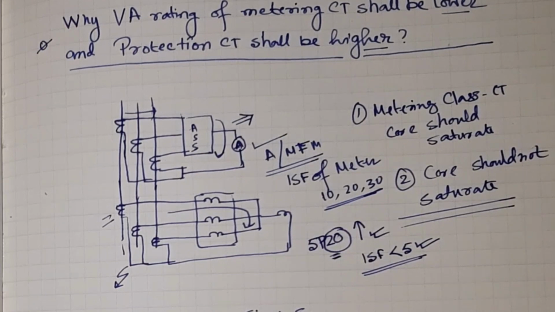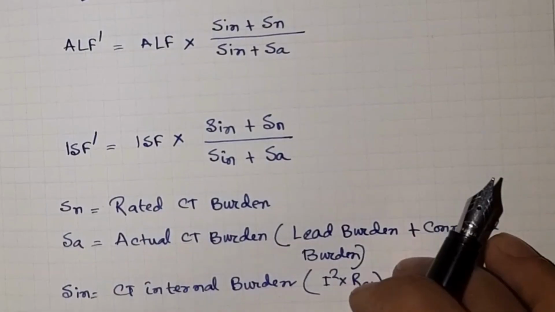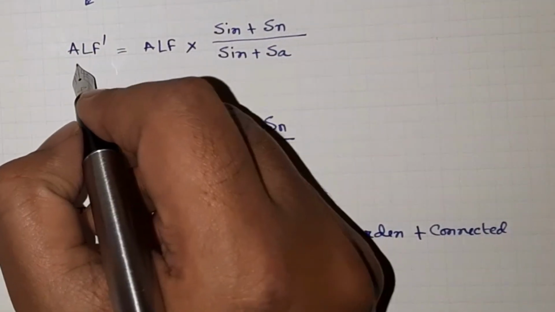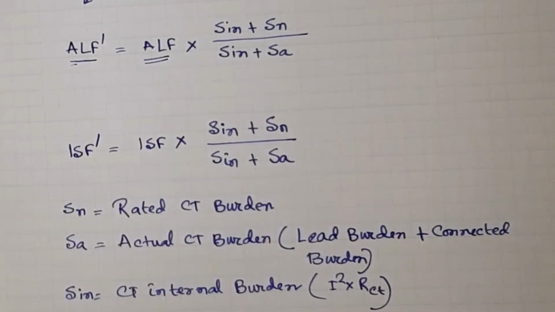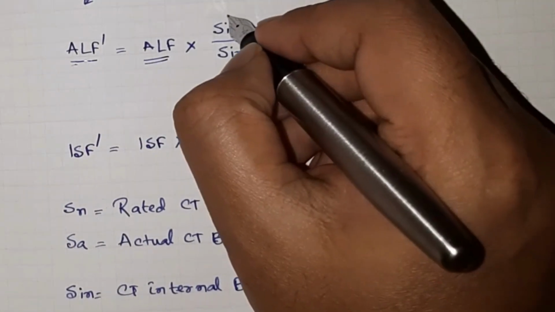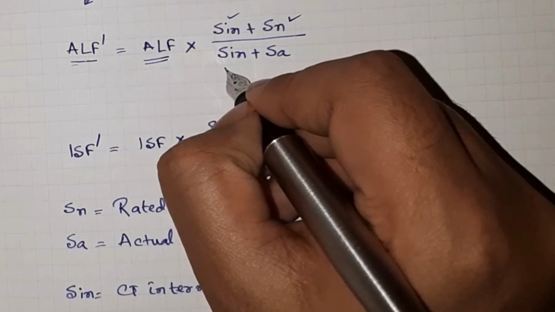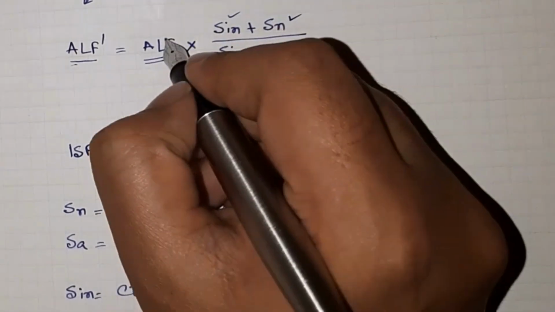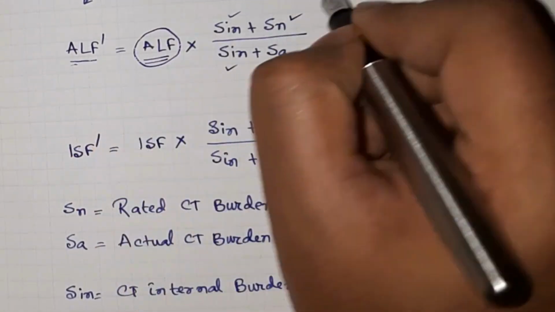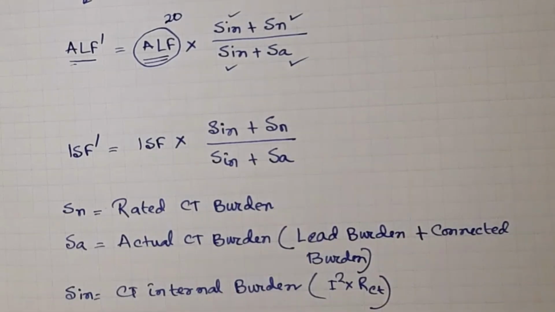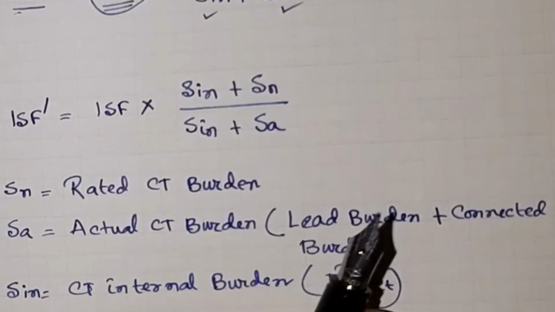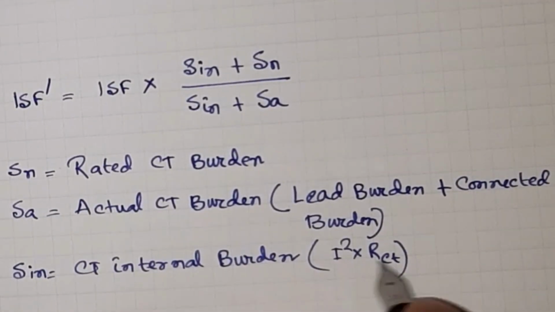Okay, now let's see the mathematics. Here you can see that the actual accuracy limit factor ALF' is equal to the rated ALF into (Sin plus Sn) by (Sin plus Sa). What is this ALF? This is the rated accuracy limit factor. For a 5P20 CT, this will be 20. Sin is the CT internal burden,